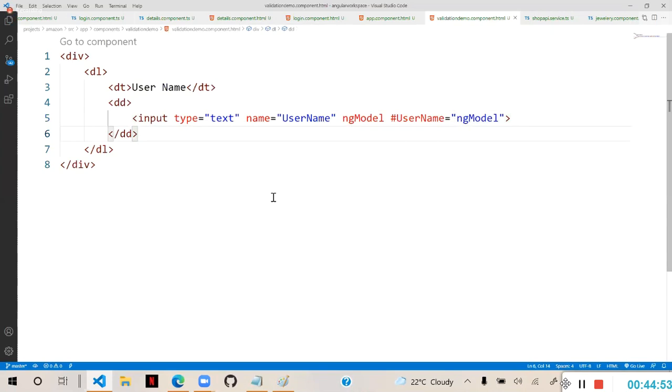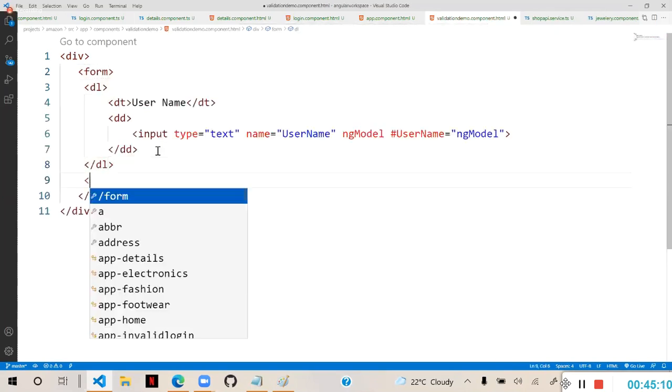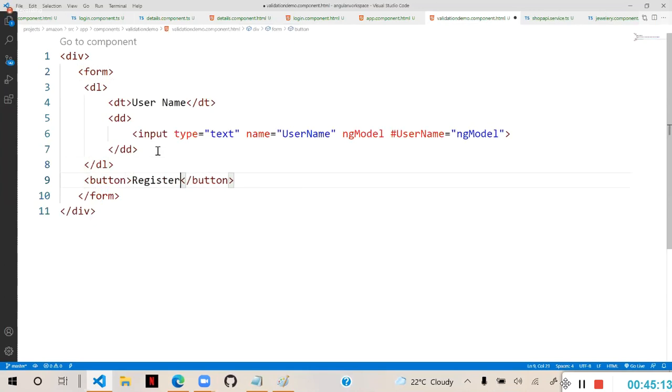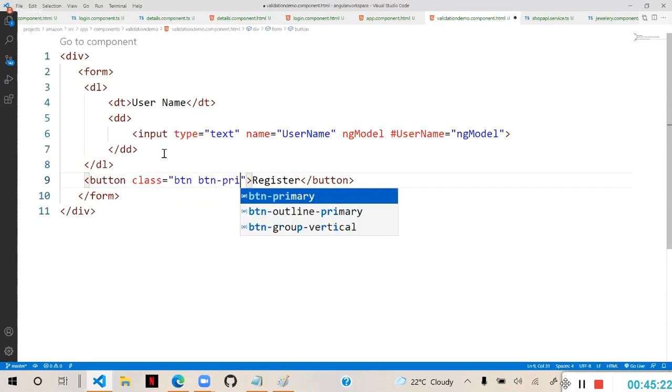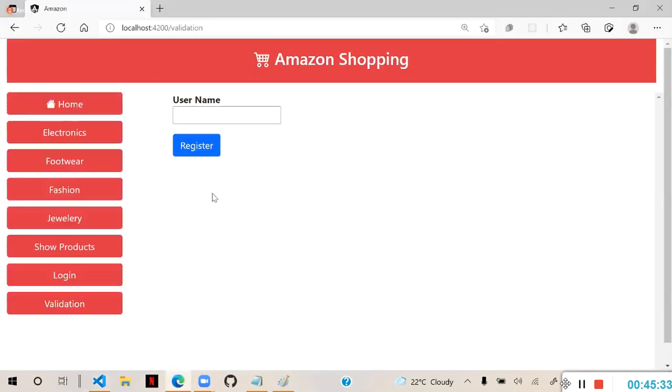And now we need to put some validations for this. When the form is submitted, that means this entire data list I will keep in a form. We are configuring that in a form. And we have a button, the register button. We are defining the register button, and let's keep the class as btn and btn-primary. Now, usually in a form, if you keep a button, by default it has submittability, because by default a button is a submit button. Now, when I click register,